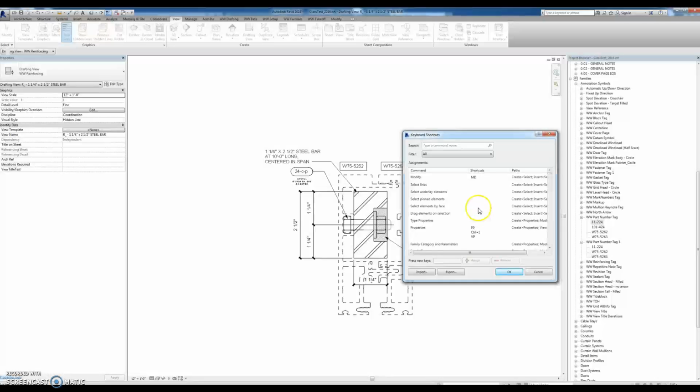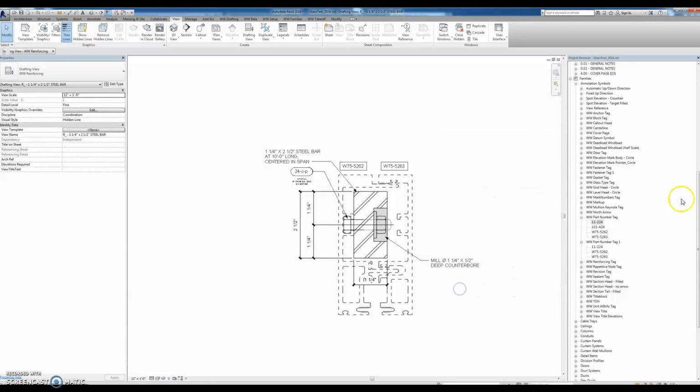Keyboard Shortcuts, and then you'll type in the commands you want to hotkey, such as shop plot. Click it, and then you'll be able to put in a new hotkey. So I just assigned SH to shop plot, or say copy units, and I can assign a hotkey to that. I assigned CU. So I just assigned two new hotkeys, and